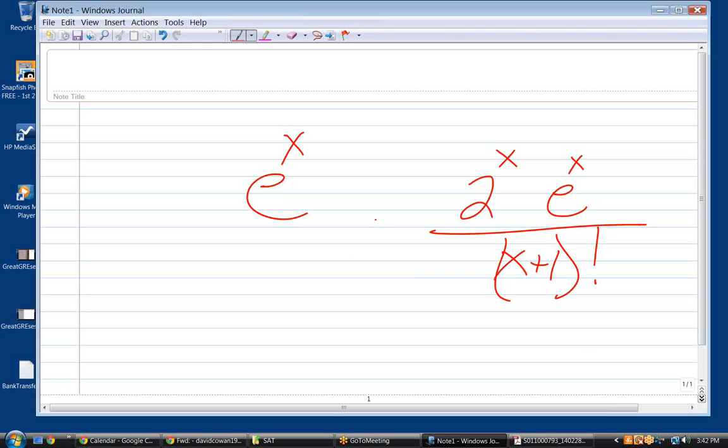Wait, why would it be 2 to the x? Well, there's an n in here also. Let's see. Where would the n be? It must be n there, and maybe n here. I don't remember. If you have the notes, maybe you could. But if we're trying to evaluate this as n goes to infinity,